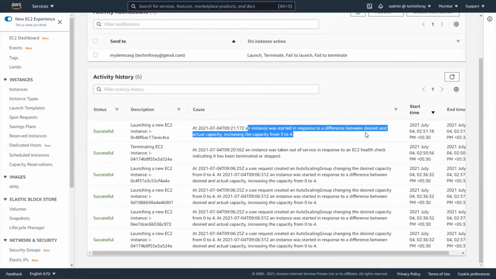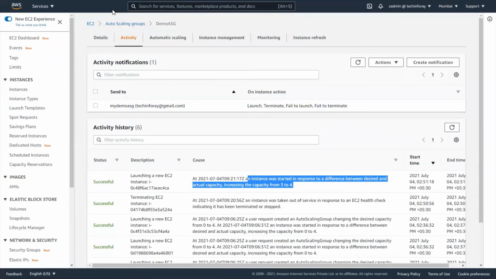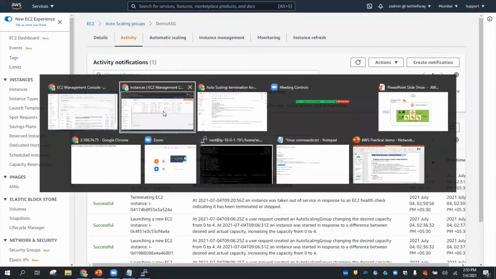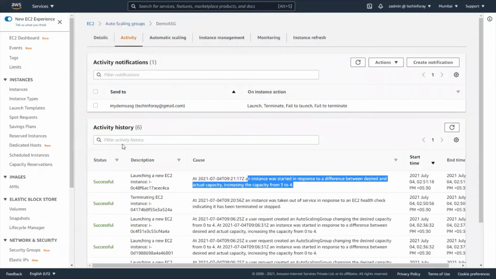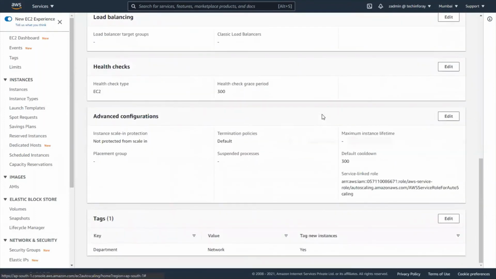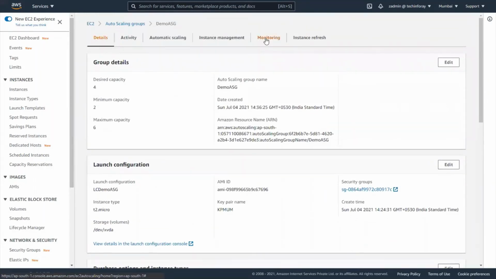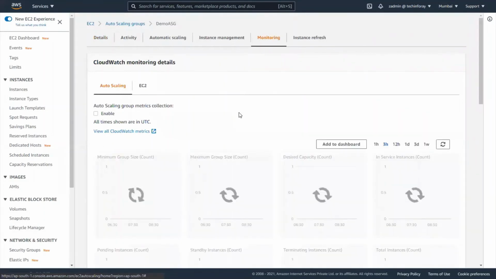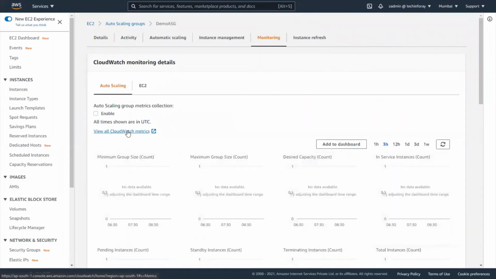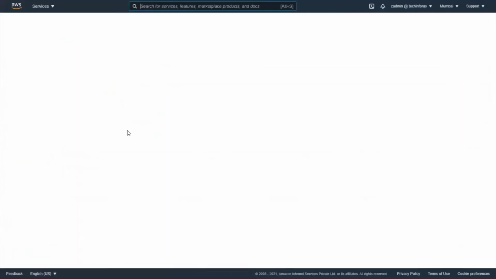So it has automatically achieved the desired state. And our machine is getting initialized. So let's go to details and let's monitor it. We can go to CloudWatch and watch these metrics.